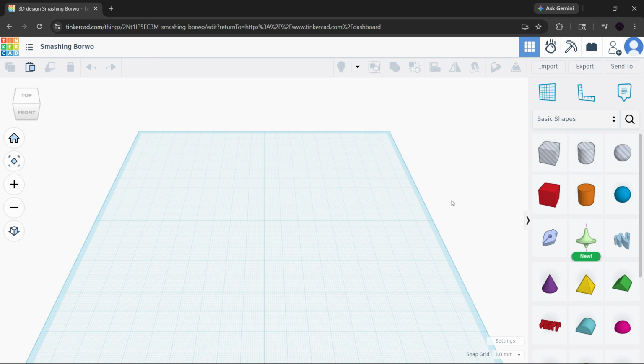By the end of this tutorial, you'll know how to use shape generators to make curved parts, how to use a Scribble-style approach for simple bends, and how to get the look you want without wasting time trying to force a straight shape into a curve. This is perfect if you're working on 3D designs, prototypes, mechanical parts, or any project where you need a bend